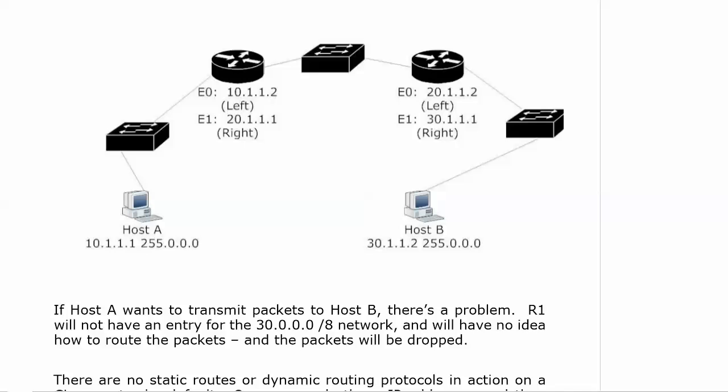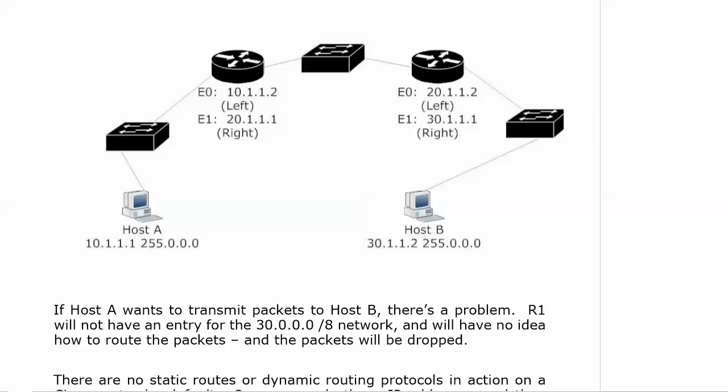So this particular router is going to be router 1, and that's Ethernet 0, 10.1.1.2, left interface, Ethernet 0, the right interface, Ethernet 1, 21.1.1. Ethernet 0 on this router, router 2, is going to be 21.1.2 on this left interface and 31.1.1 on the